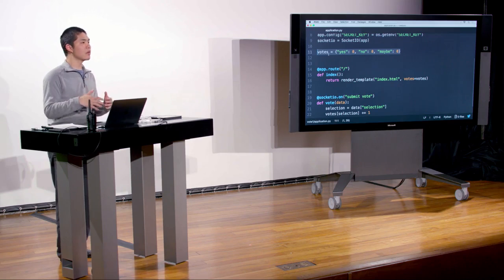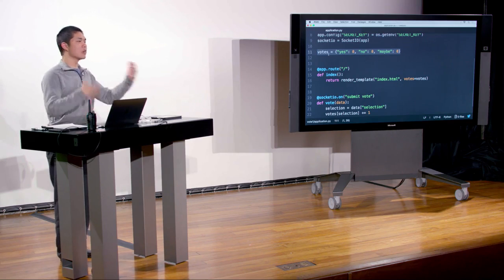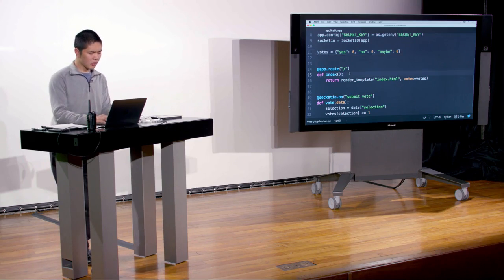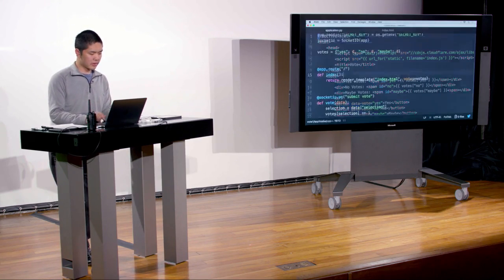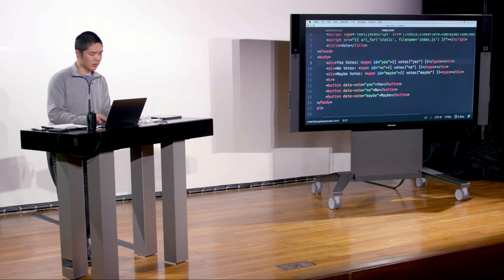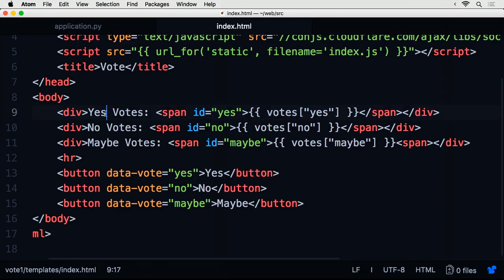They start out at 0, but maybe by the time that I get to the website, different people have made different votes, and I want to know what those current vote tallies are. So if I go to index.html now, what I see inside my body is 3 divs,